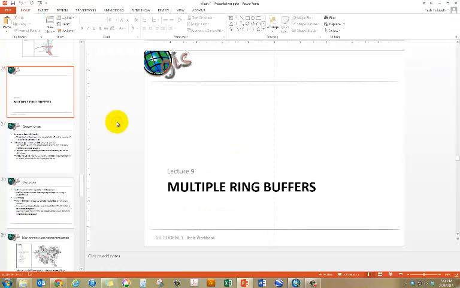So let's talk about multiple ring buffer analysis for calibrating a gravity model. I actually had to replace this 9.3 with this one, because the old one, which is apportioning data, is not really that useful or that common, so I decided to skip it so that we can learn something more useful and more relevant. I'm gonna put these scanned pages on Blackboard, and I'm going to upload the GDB for the data so that you can do this analysis by yourself. So let's get started on 9.3,